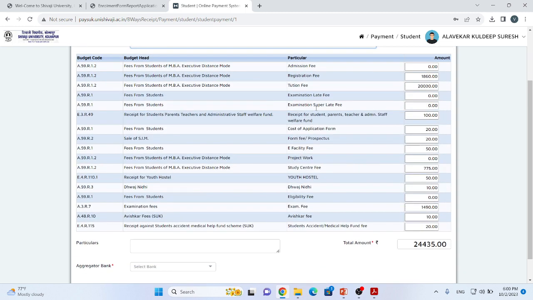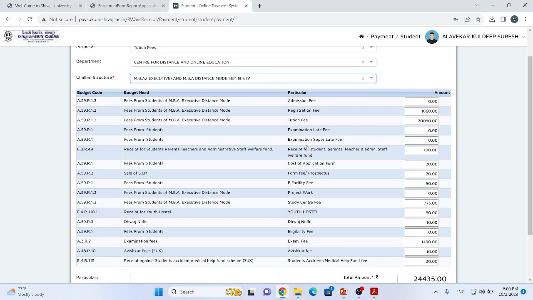You will find all these tabs based upon your repeater value. You have to modify your exam fee here. Click on this exam fee tab and enter here the additional amount of 375 because this is the additional payment for your repeated subject.